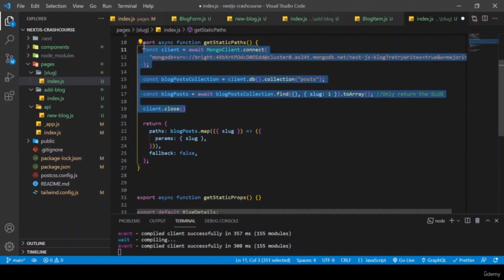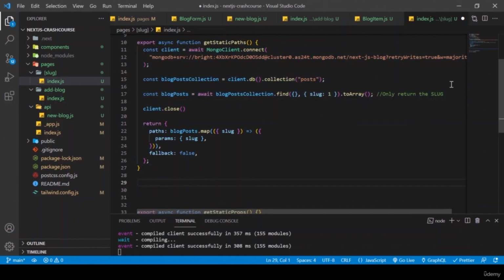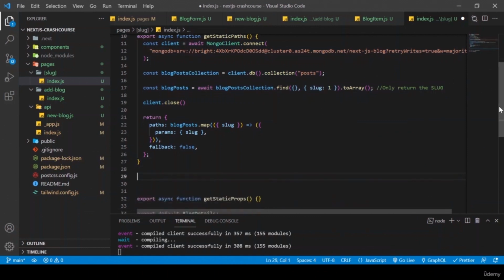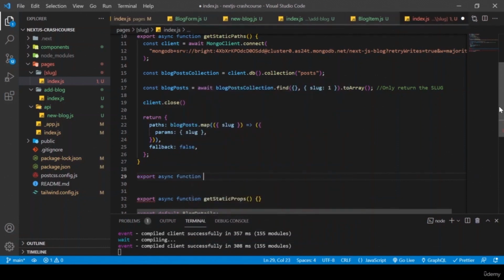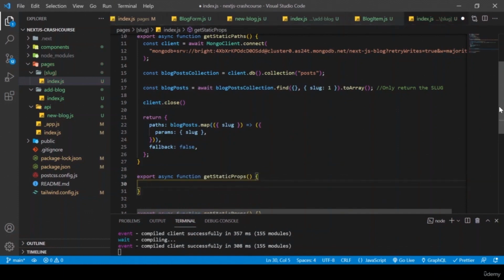So after setting up our getStaticPaths, we now need to go ahead and fetch the data for our individual components. So we are going to export another async function, which is called getStaticProps. And inside this function, we have access to the context,